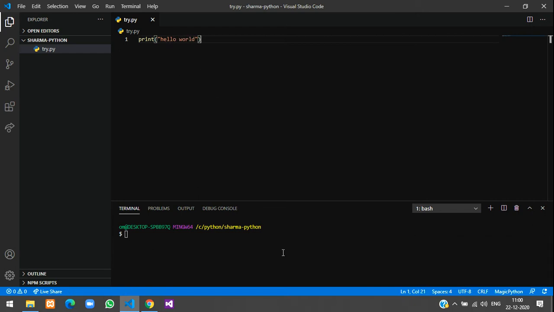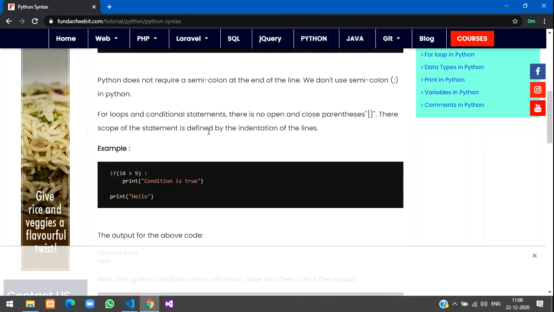It's this simple. Now let us execute. To run this program you just have to give python, or you can write in short py, your file name with the extension, try.py. Let us hit enter and see, your hello world is executed here. So hello world program in Python is very simple, just one line, print and your text. Let us go to the website and see the next thing.